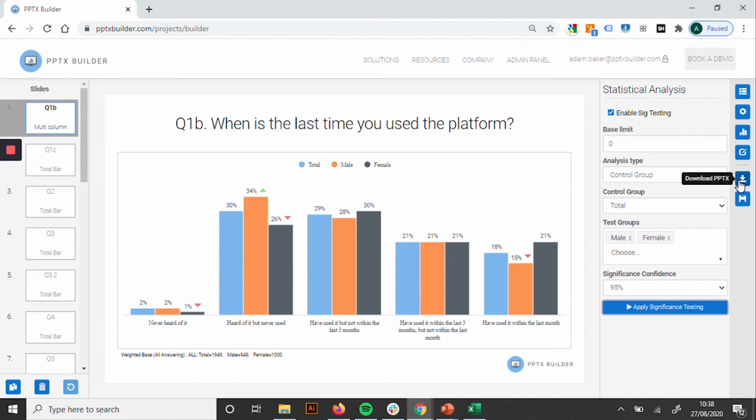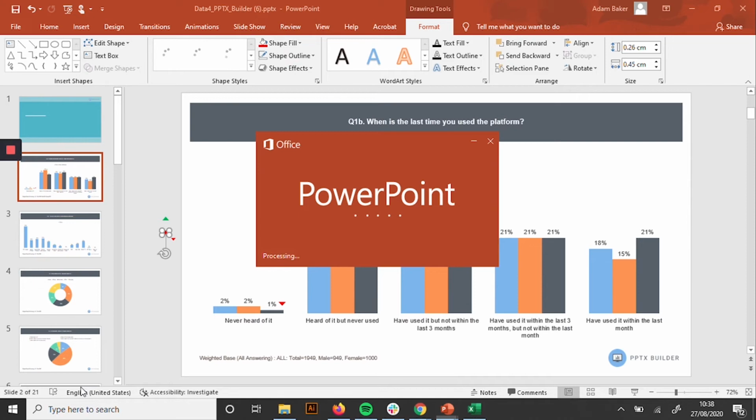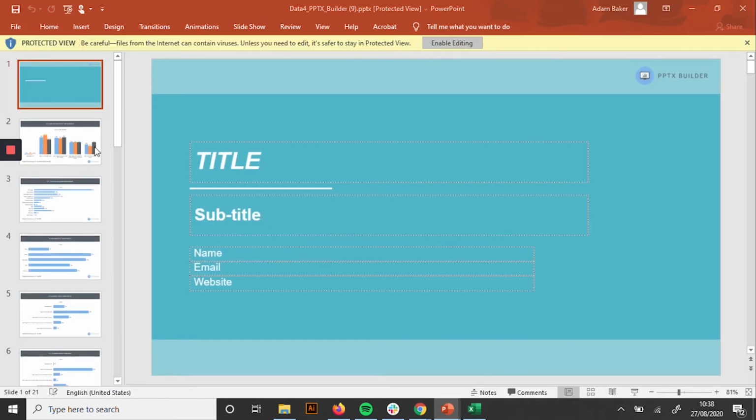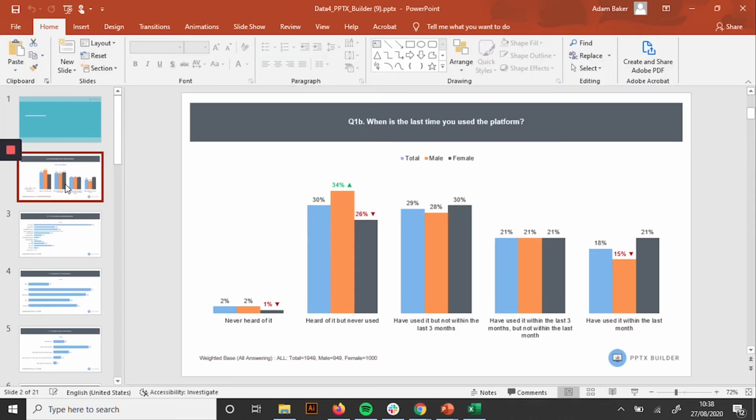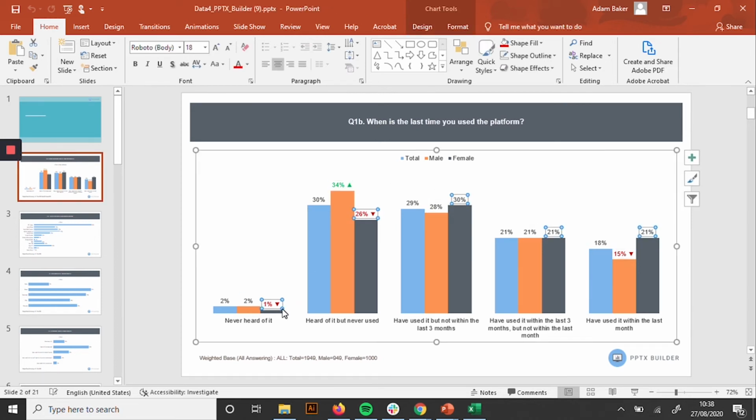And then when I'm ready, I just hit download. I'm not going to do all of them now, but I'm just going to show you this one chart. So now when I export, there we go. I've not only created the chart in a couple of seconds using my fonts, my colors, my logo, everything like that, which is coming directly from the PowerPoint template that I've uploaded, but I've also applied SIG testing. And you can see that even the data labels have actually changed color depending on whether they're significantly higher or